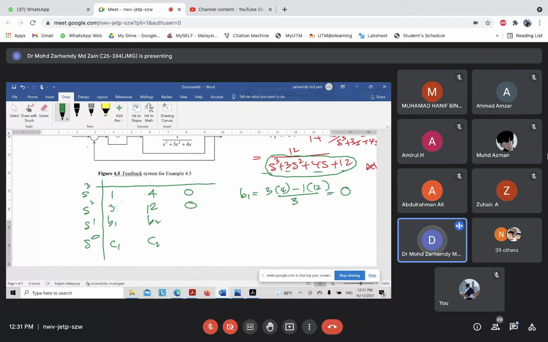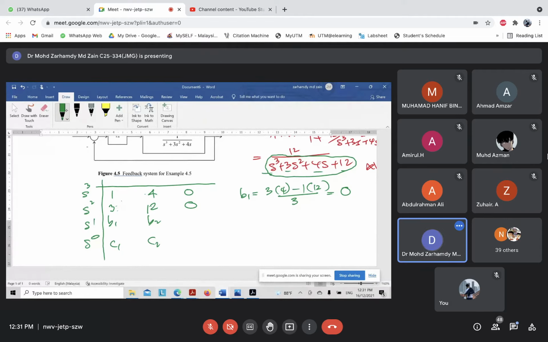If we have this kind of situation, because we have not yet got the value of C1, even though B1 is 0. So now what happened? The original value of B1 is 0, but because we need to know the value